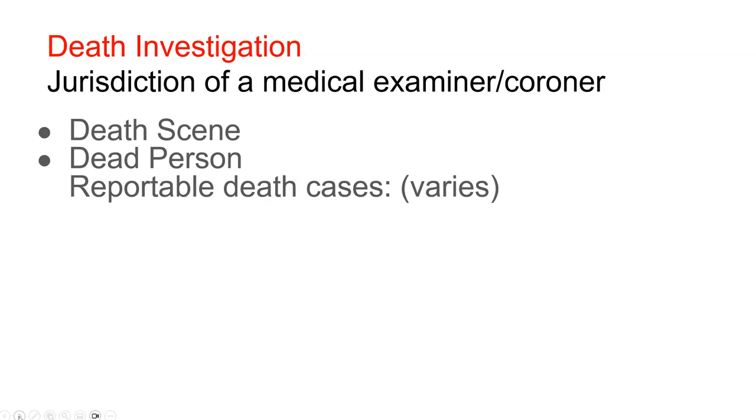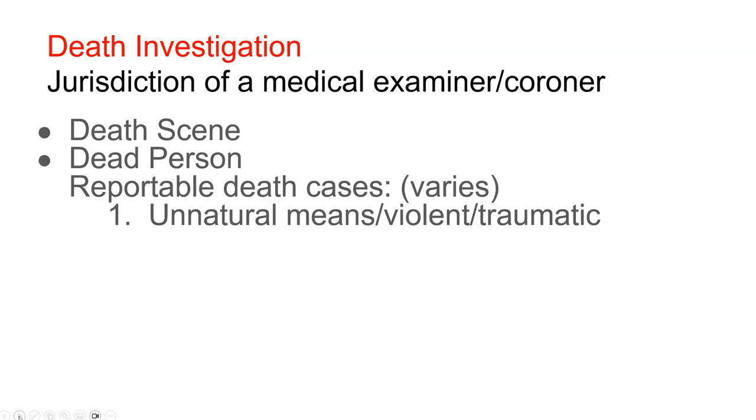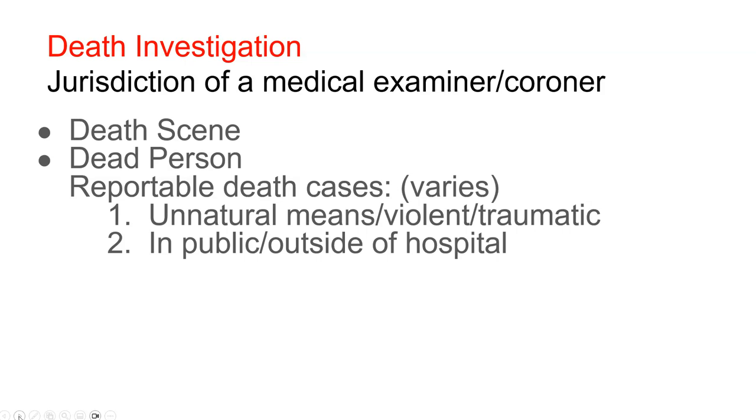But what cases would you definitely bring in a medical examiner? If the person apparently died by violent or traumatic means, whether it was a homicide apparently or an accident or whatever, they're going to bring in a death investigator, a medical examiner. If it happens in public outside of the hospital, that's typically suspicious. And in Missouri, the threshold is 17. So anywhere in Missouri, if someone dies under the age of 17, even if it doesn't seem to be suspicious, if it seems to be by natural causes, they will bring in a coroner or medical examiner just to make sure.